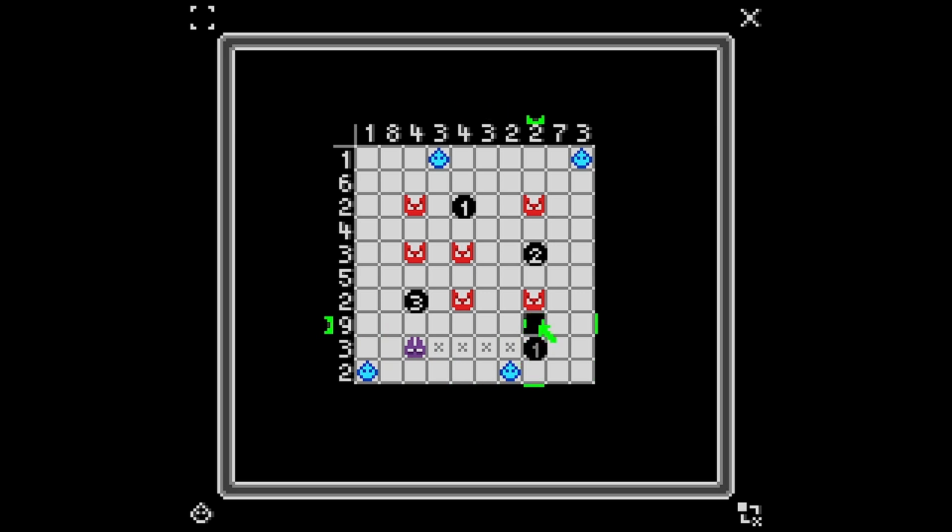And also it needs to be separated from all other bunnies and bombs. We need to have one wall. Okay, so this is connected now. That's good. And that means this has to connect to something else. Maybe this one, or maybe something else. Anyway, it can't connect to this. And of course it can't have a path this way, so it must go up. And that means we can fill in this